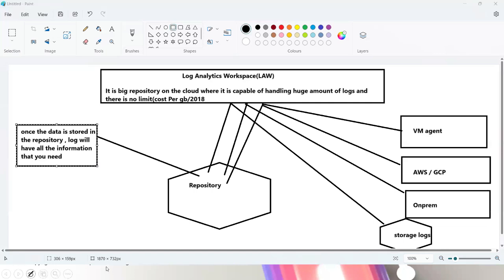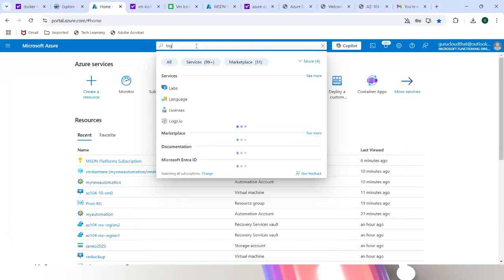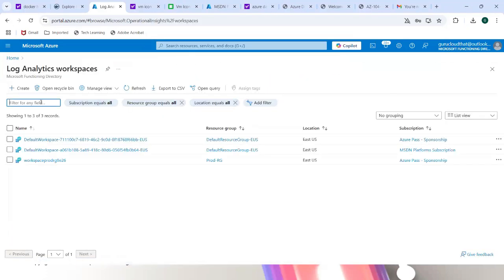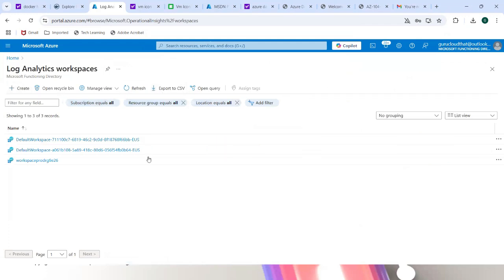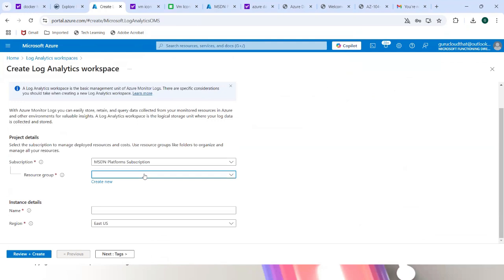Let's create one by one. First thing is what I'll do, log analytics workspace. So I'm going to create a workspace here. You can see a default workspace will be created when you create any services. So always when you're creating a service, make sure that you associate it with that